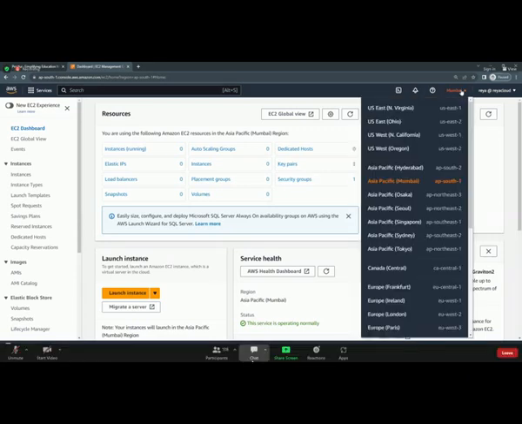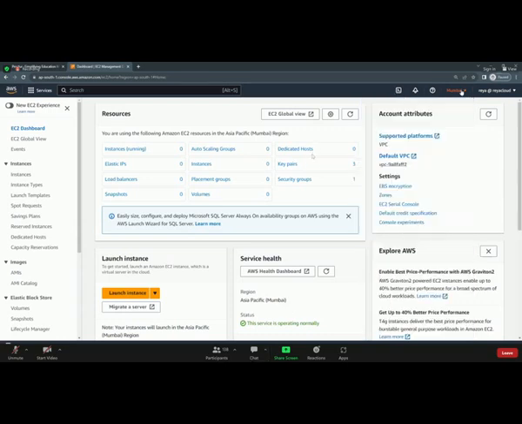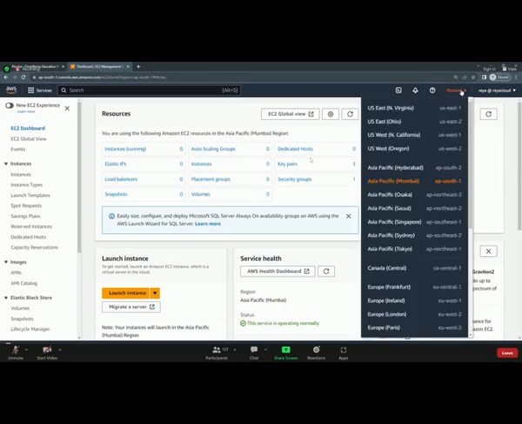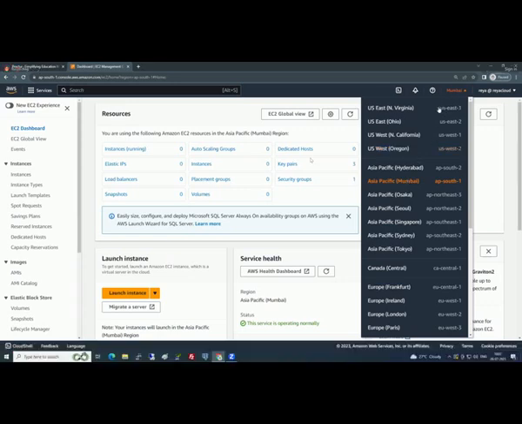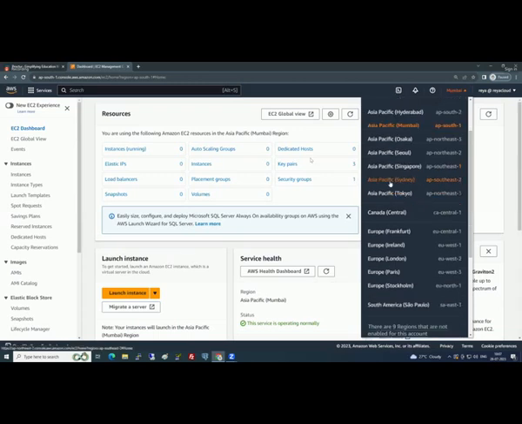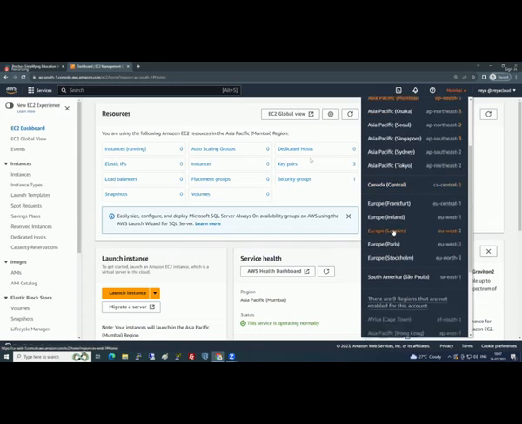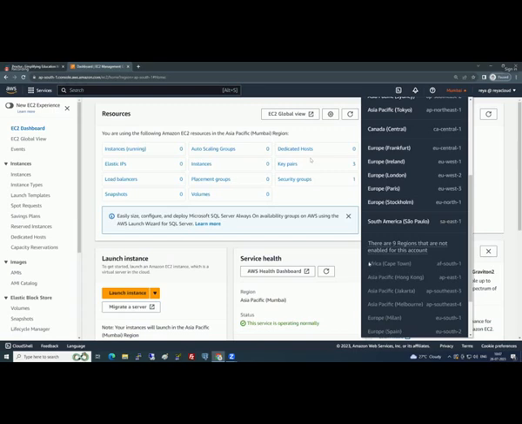Do you see this? When you go to EC2, the first thing that you should do is be in your region. If you are from India, go with Mumbai. If you are in US, select whether you are on the east or west, and based on that, you select California or Virginia. Anyone from Australia, go with Sydney. Anyone from Canada, go with this. Anyone from UK, go with London. Anyone from Africa, go with Cape Town.